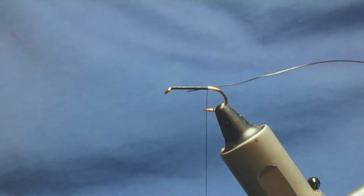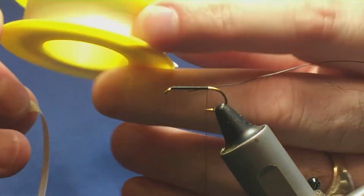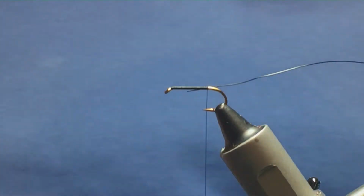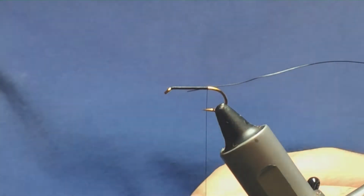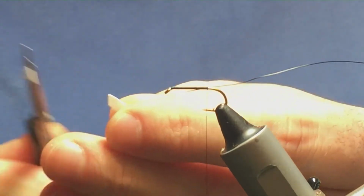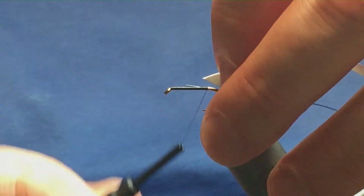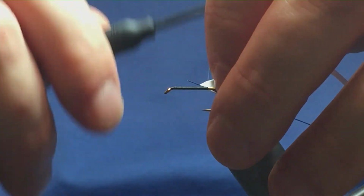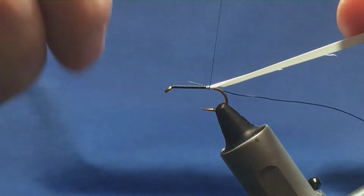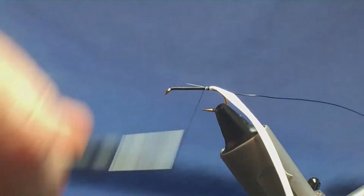Now the body is going to be plumber's tape. I'll just show you the spool. That's it there. It's plumber's tape, or otherwise known sometimes as the Irishman's dubbing. So I'm just going to come in and cut a small taper in it. I'm just going to catch in the tag at the back here. So just catch it in, and then work my thread up,